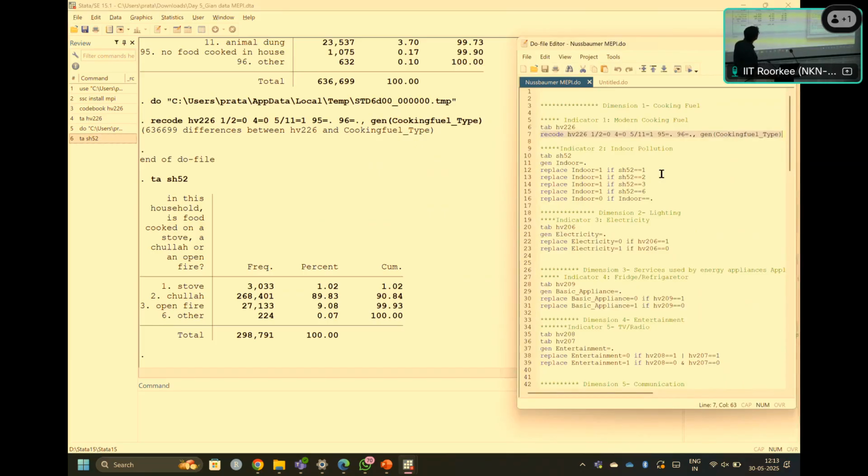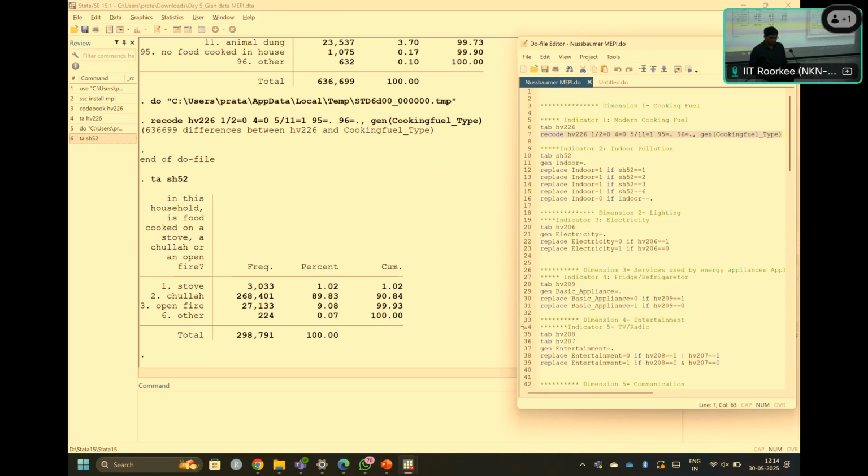Our purpose is to check very carefully and convert them into 1 and then 0. You can see the entries run from 1 through 6. Here 1, 2, 3 and 6 are the ones we have converted to 1, and the others are 0.